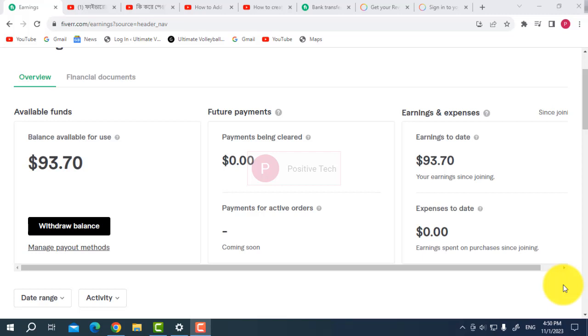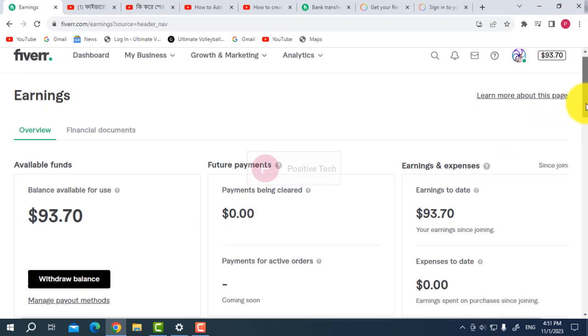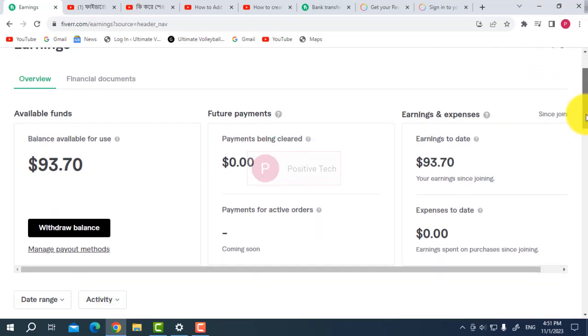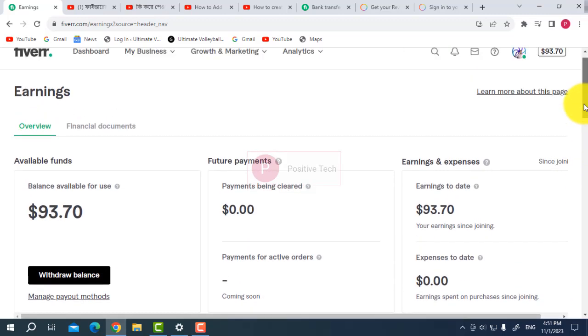Today, I will show you how you can withdraw dollars from the Fiverr marketplace to your direct local bank. For the first time, if you want to transfer your dollars to your local bank, you have to